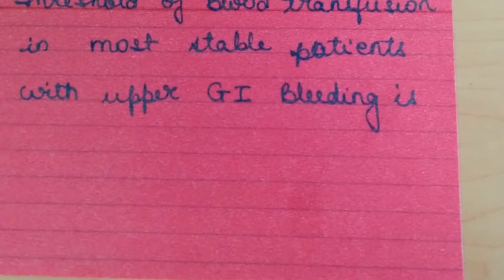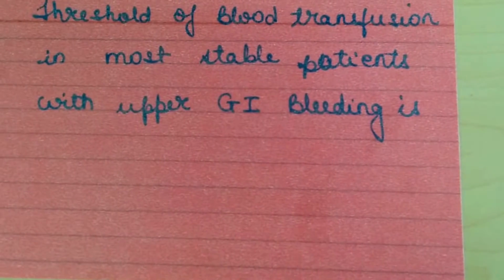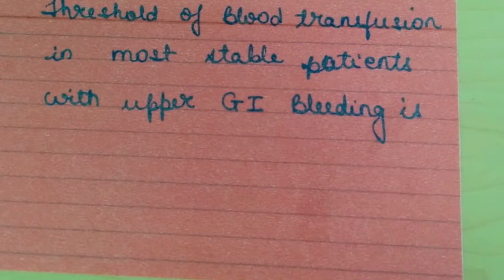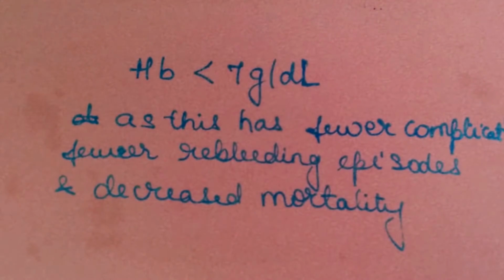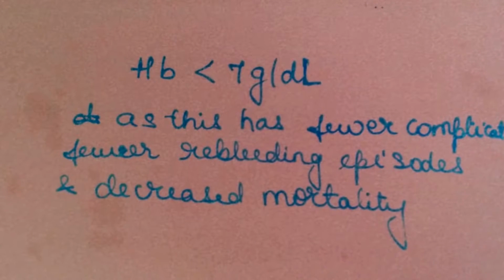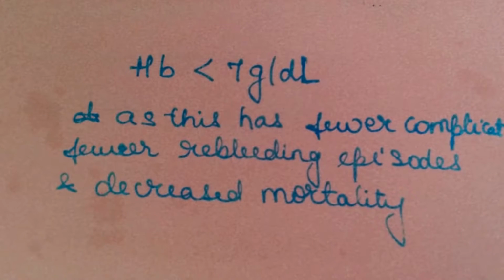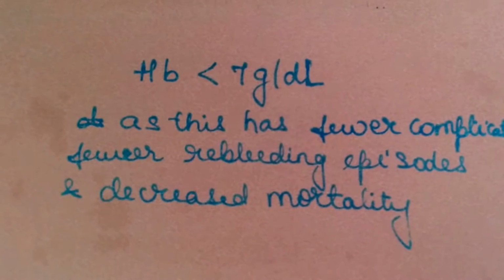What is the threshold of blood transfusion in most stable patients with upper GI bleeding? And the threshold is hemoglobin of less than 7 grams per deciliter, as this has fewer complications and fewer rebleeding episodes and decreased mortality. Next,